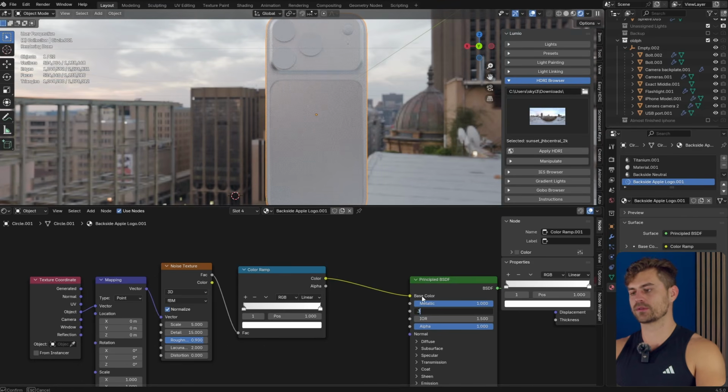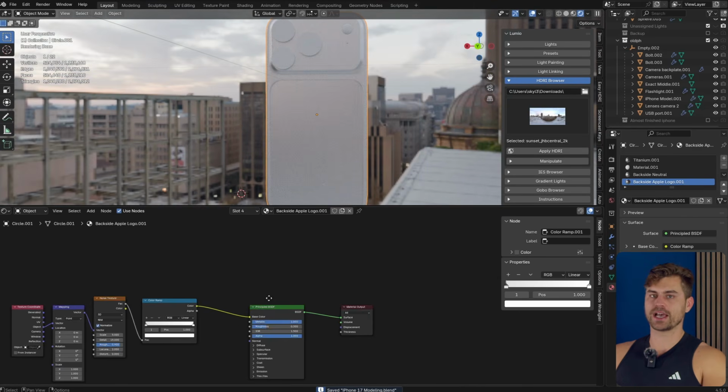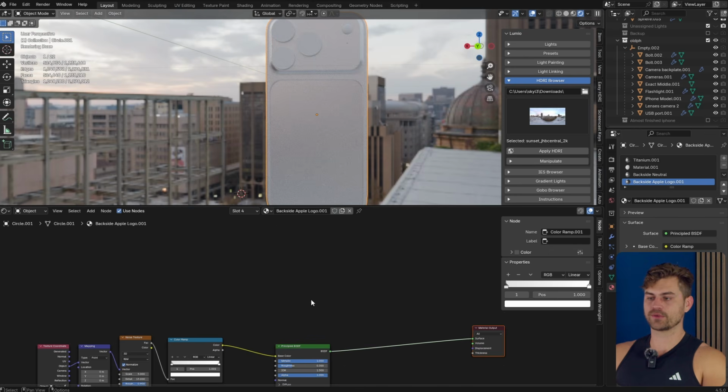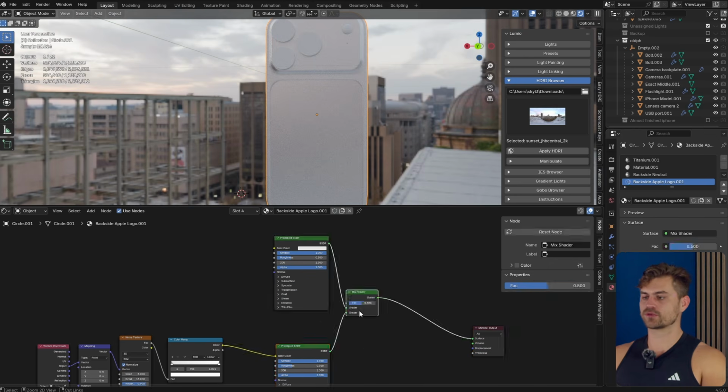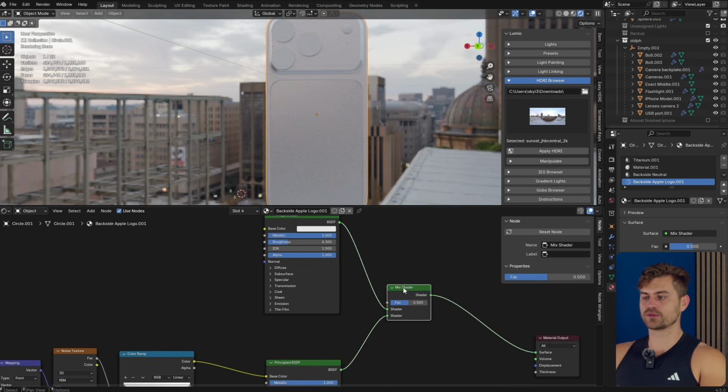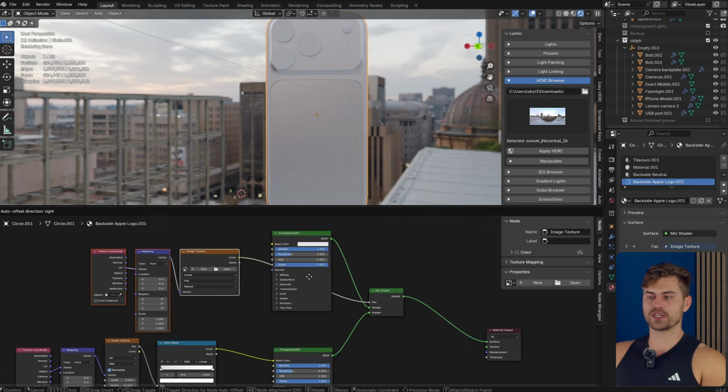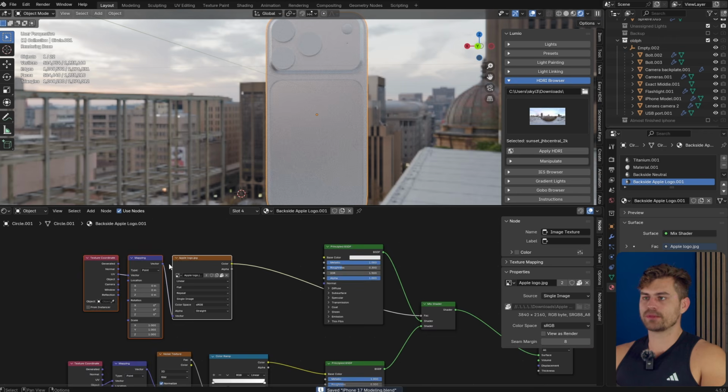I will bring the roughness down just to give it this extra gloss finish. Perhaps I will set it to 0.3, but we should also add an Apple logo. So let's go over here, let's duplicate the principled BSDF. Let's select both of these, Ctrl 0 to add a mix shader, Ctrl T on the mix shader, press G, move this to the side. All right, Apple logo,